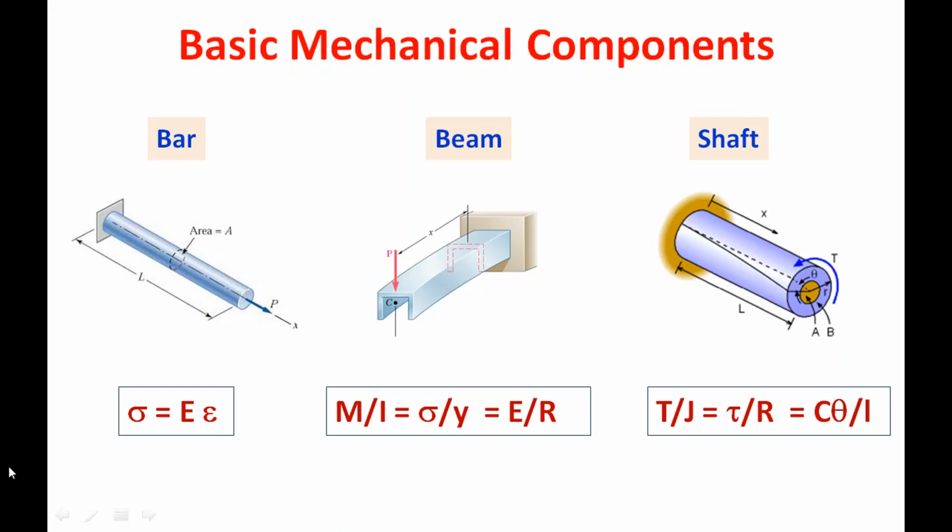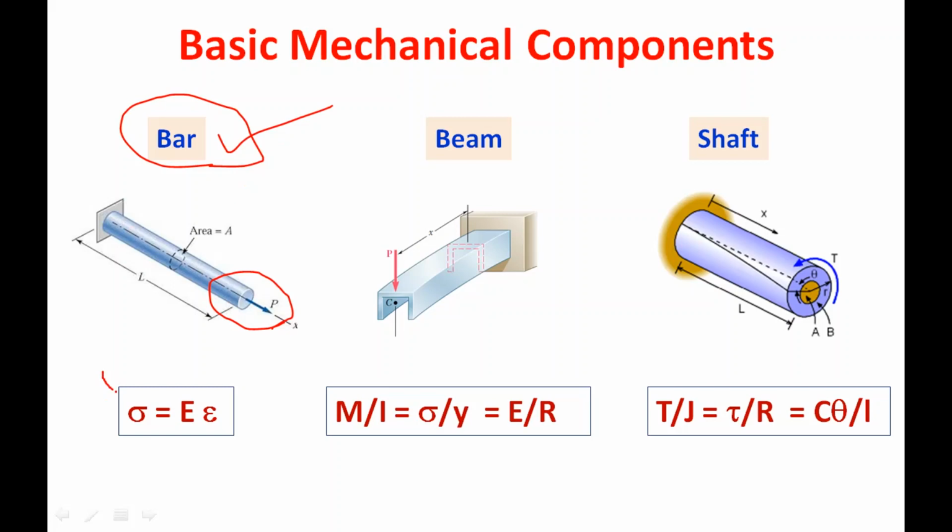what are the various mechanical components involved in engineering analysis, and how the stresses are evaluated analytically. When we do the engineering analysis, we will come across three basic elements based on the load acting on the component. First one is the bar. What is a bar? A member which is subjected to axial load. A structural member subjected to axial load is called a bar.